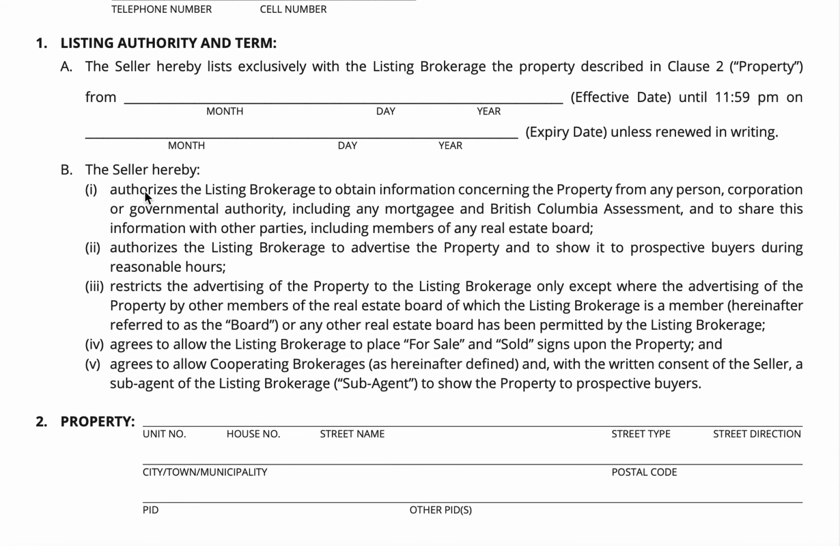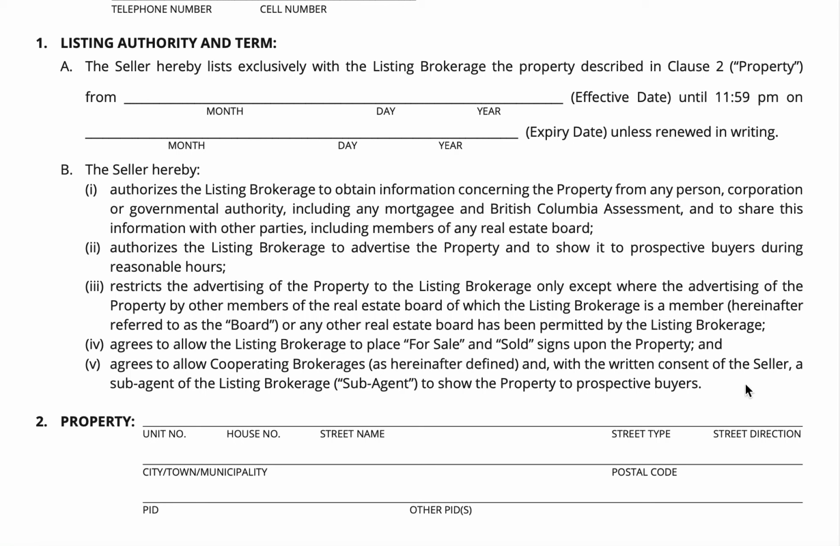So item B here, the seller authorizes the listing brokerage to obtain information concerning the property from any person, corporation, or governmental authority, including any mortgagee and British Columbia assessment, and to share this information with other parties, including members of any real estate board. So these just say that you're allowing me to do everything I need to do to get the property to market. You can see you're allowing me to put a for sale sign and sold signs on the property,